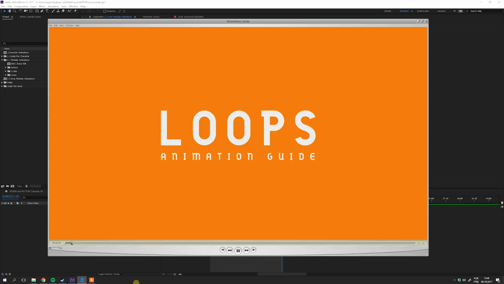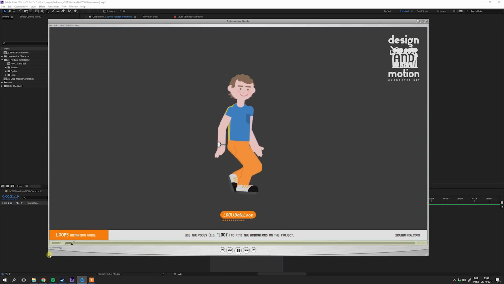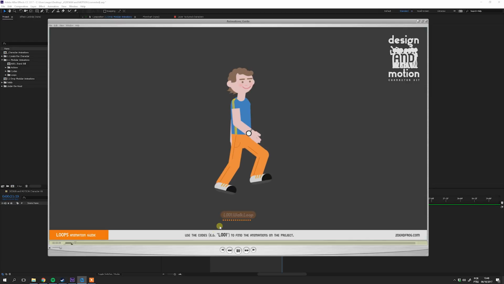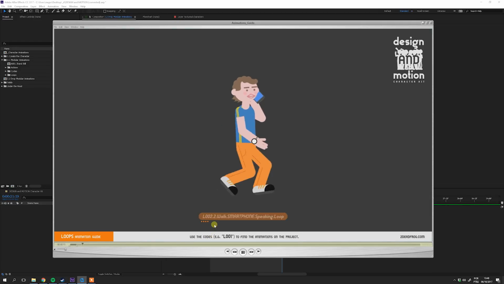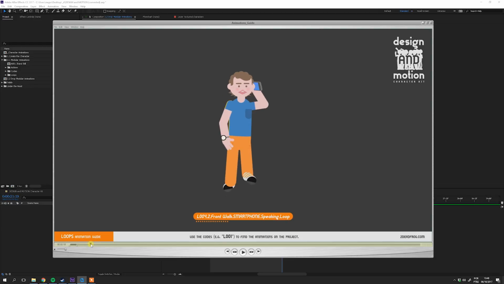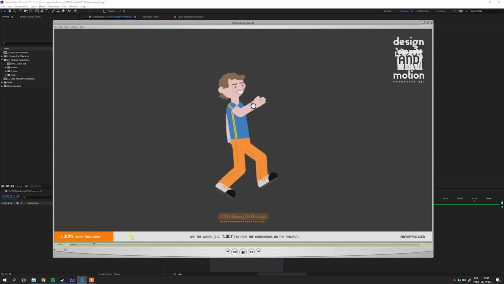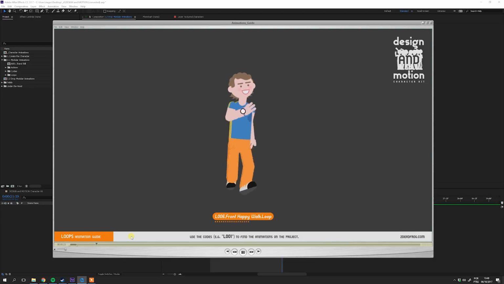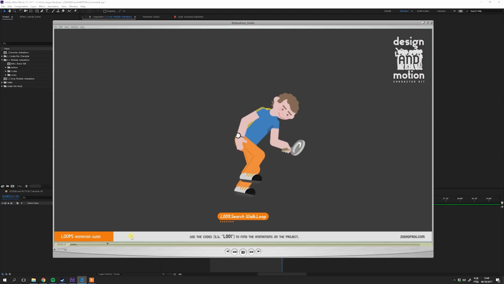The loop code will always start with the letter L. The loops are basically the same animation that we can find in some actions or cycles, with the difference that it was made in a way that you can extend as long as you need. The loop has no start and no end, and it will always be at the center of the screen.